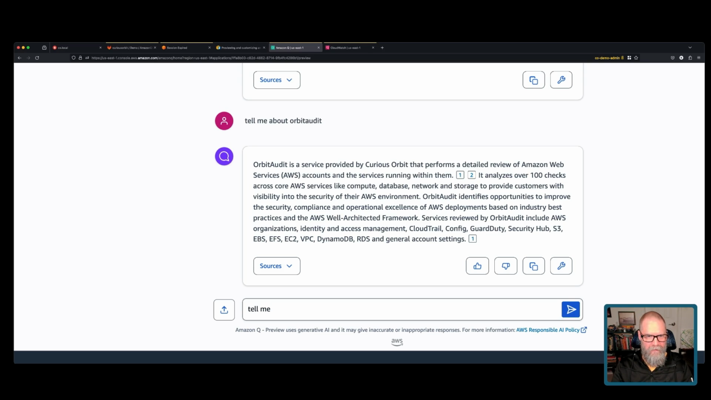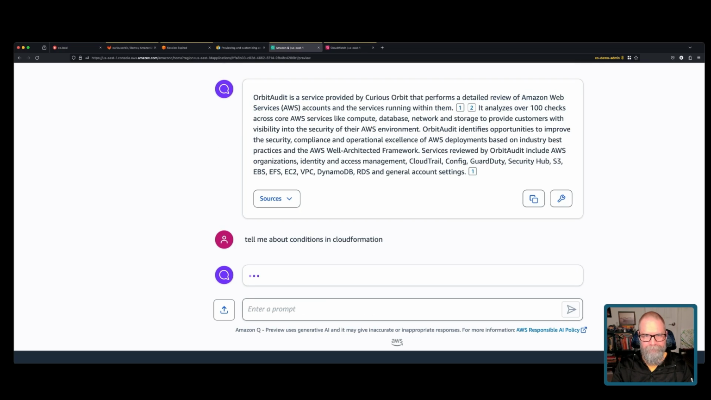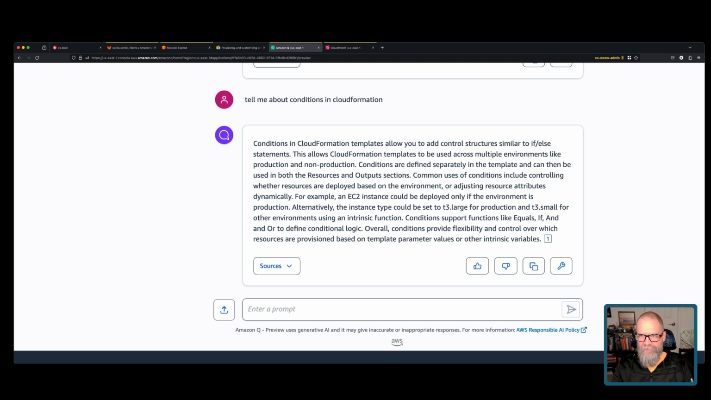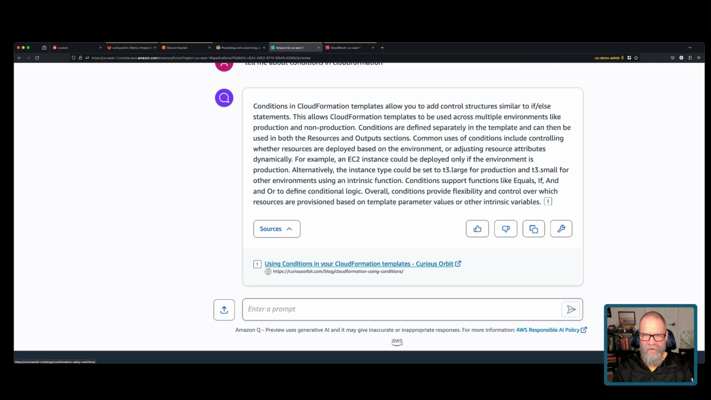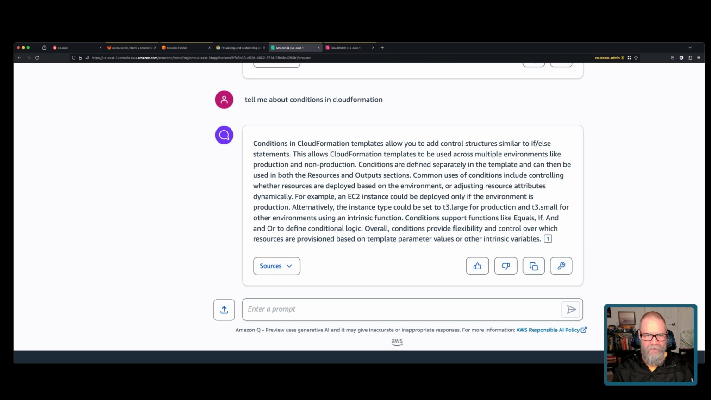Tell me about conditions in CloudFormation. Okay, so it's similar to an if-else statement. You can use templates across multiple environments, and again, that's from a blog post. Let's